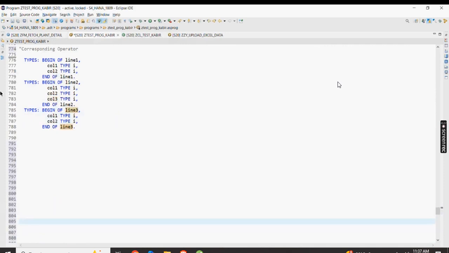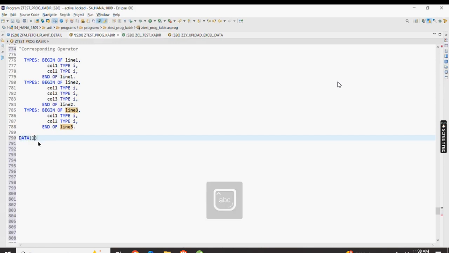Okay. Now, what we want to do, a plain simple case, data ls underscore line 1. Okay. So with the help of the value operator, suppose I will build the data on the basis of line 1, column 1 equals to 2, and column 2